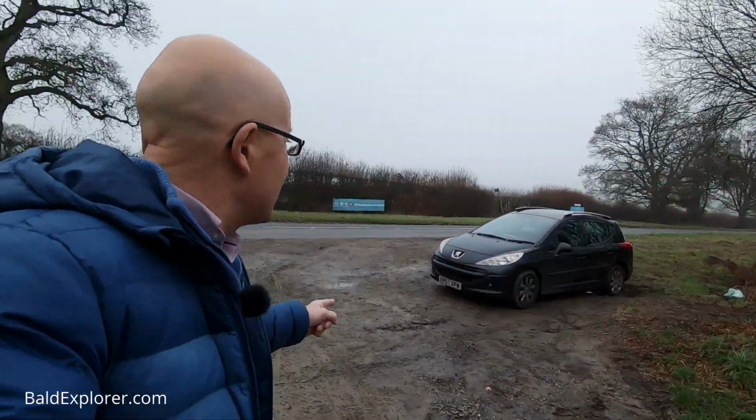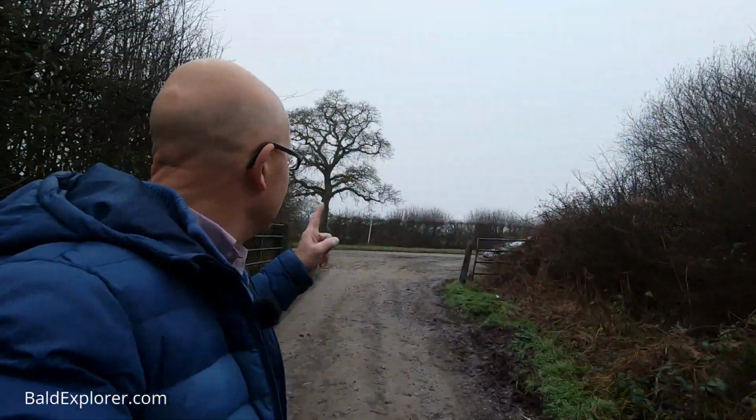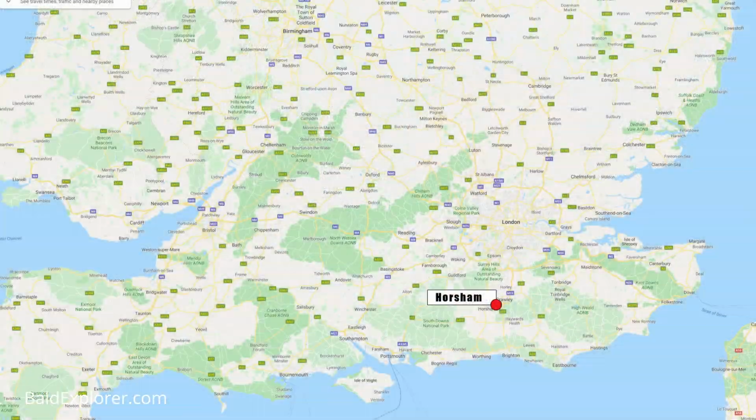Here's my car, and I've parked it up on what I have to say is a grey and miserable day, which I thought the weather forecast said was going to be a nice sunny day, but hey-ho. And I'm walking down a private road here, just north of Horsham. I'm exploring